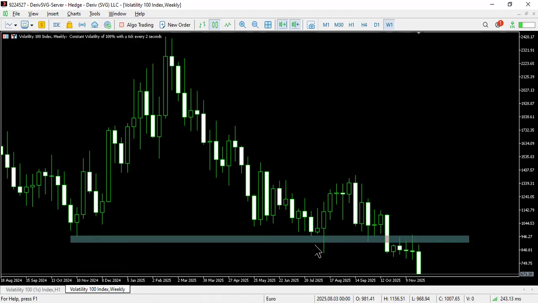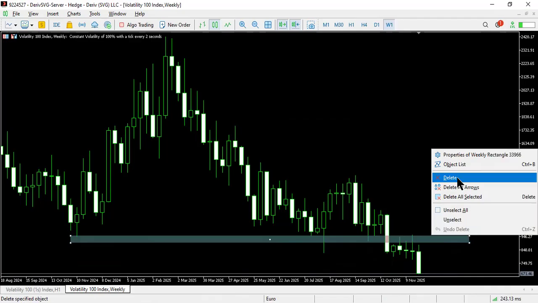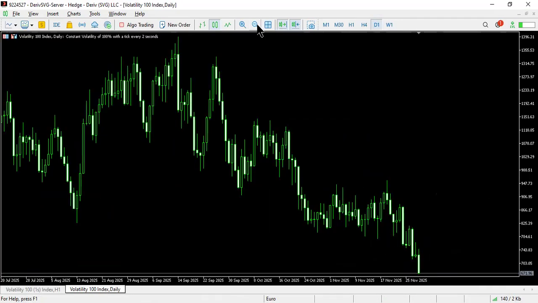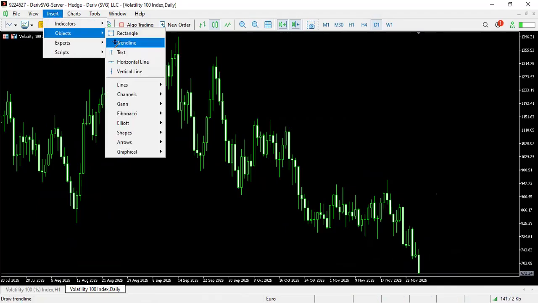As you can see, there was a break of structure, and then price went to go and mitigate the order block, which caused this break of structure, and it's moving to the downside. So we are going to be looking for selling opportunities. That's it from the weekly time frame. And then if we go to the daily time frame, from the daily time frame,